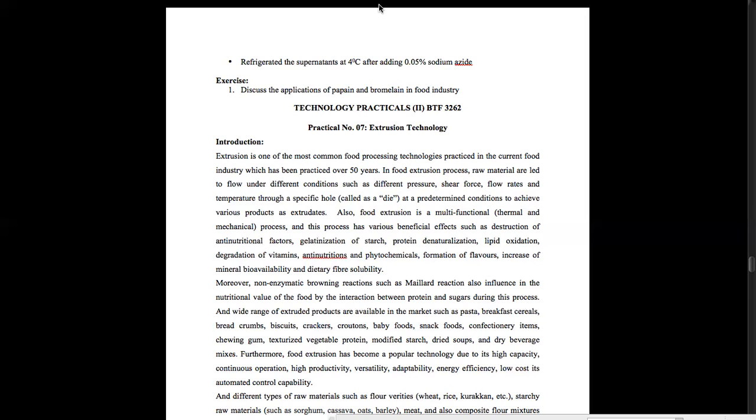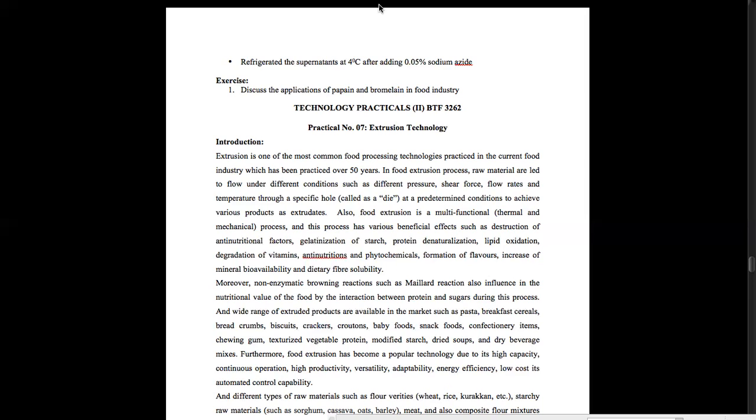So, extrusion. What is extrusion? It is actually a unit operation, and when it comes to extrusion, there are so many unit operations, such as heating and melting. Likewise, there are many unit operations under this extrusion technology, and raw materials are also very important. How to select the raw materials? We will discuss these things in the lectures as well.